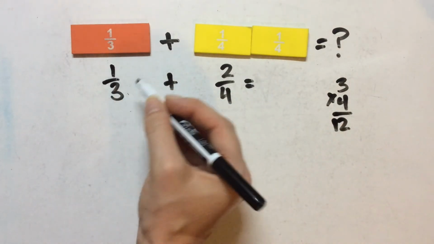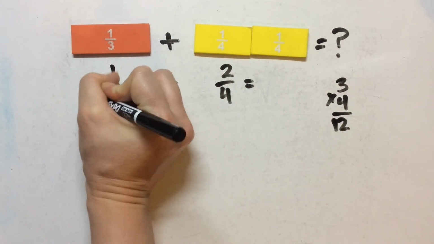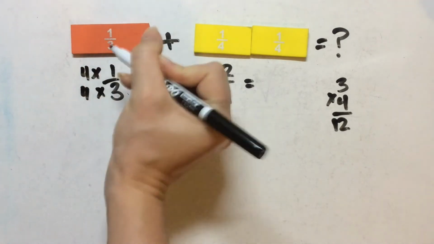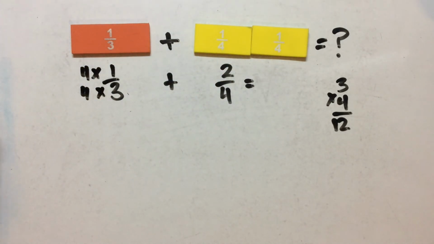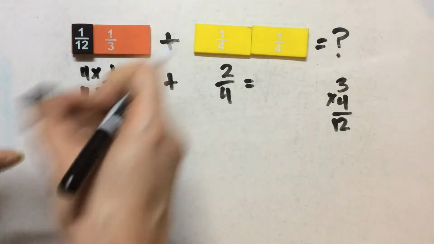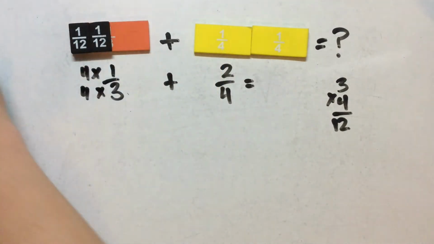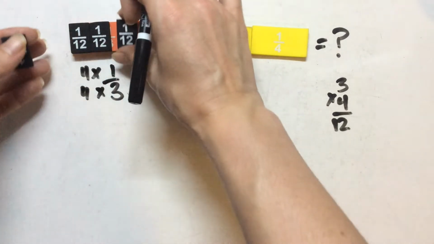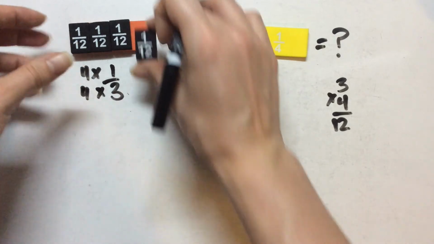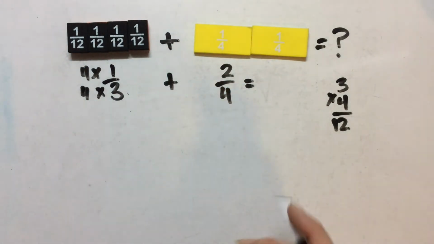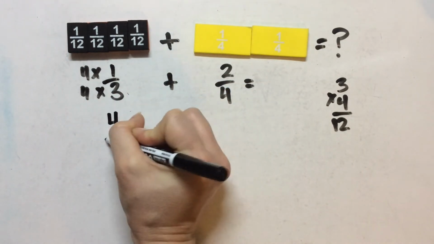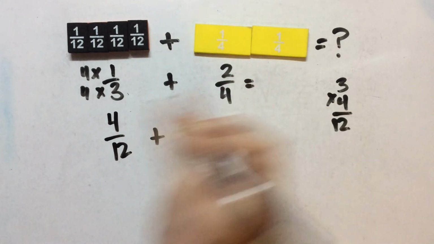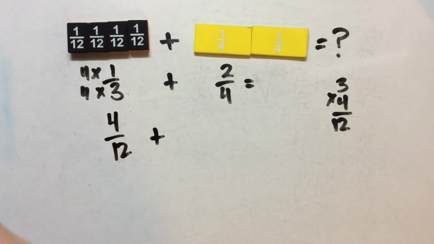And we know we can multiply 1/3 times 4 to get to 12ths. And that makes sense because 4/12 equals 1/3. Okay, so we get 4/12 plus 2/4